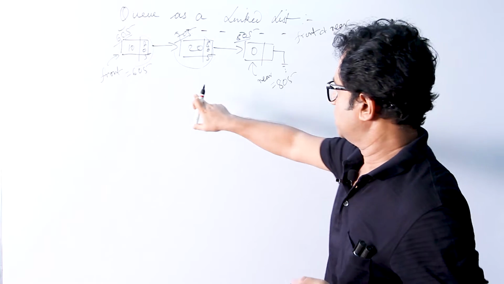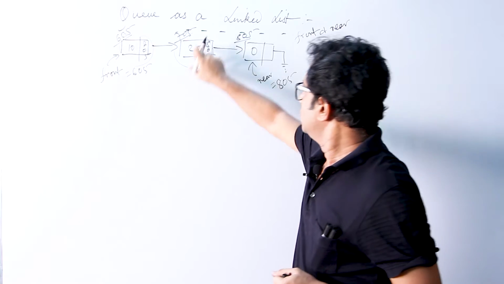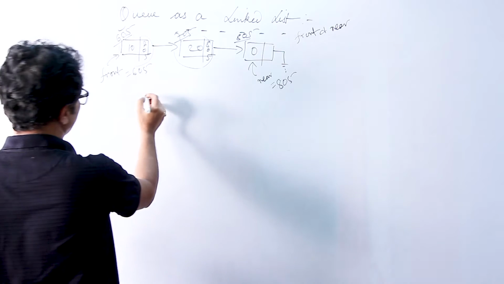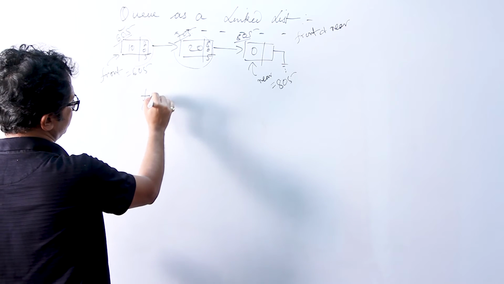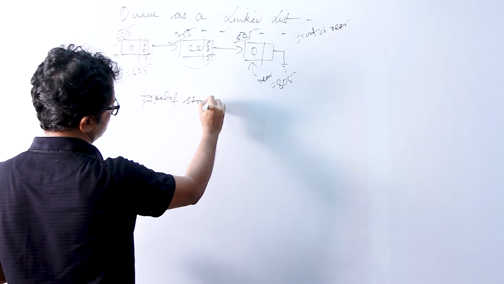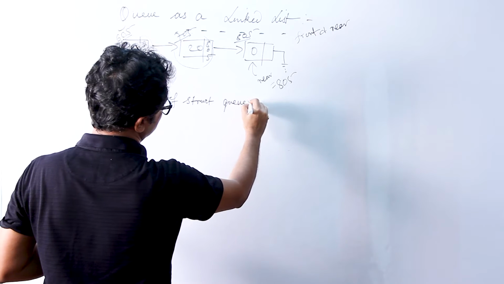So let's write the definition of the individual node of the Q. Suppose I can write like this: typedef struct Q element